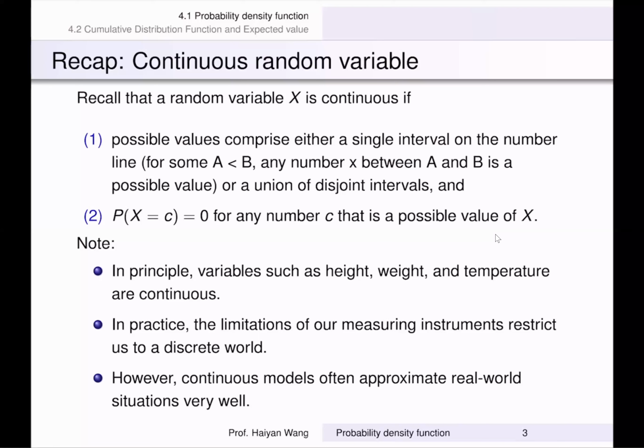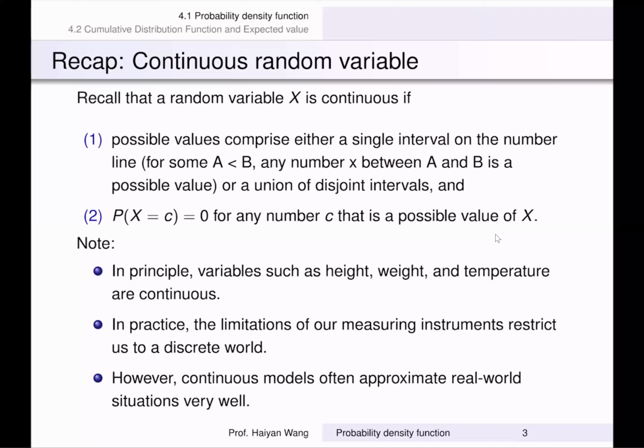So due to limited precision or accuracy in the measurement, what you see quite often is not really an infinite amount in the entire interval. Instead, you still might be thinking of that as a discrete variable, but unfortunately, discrete variables